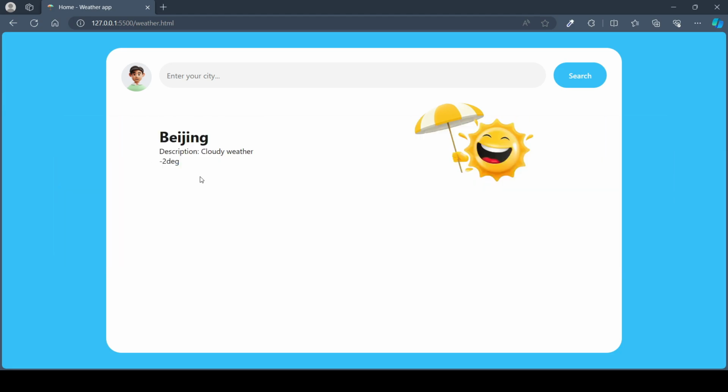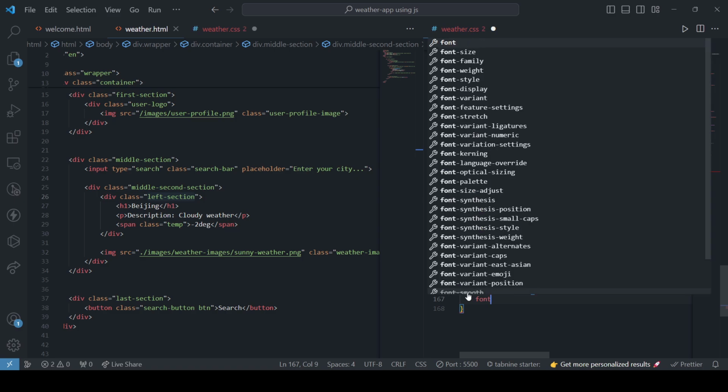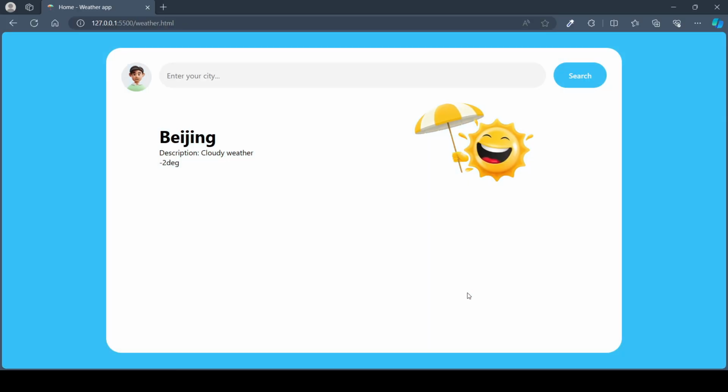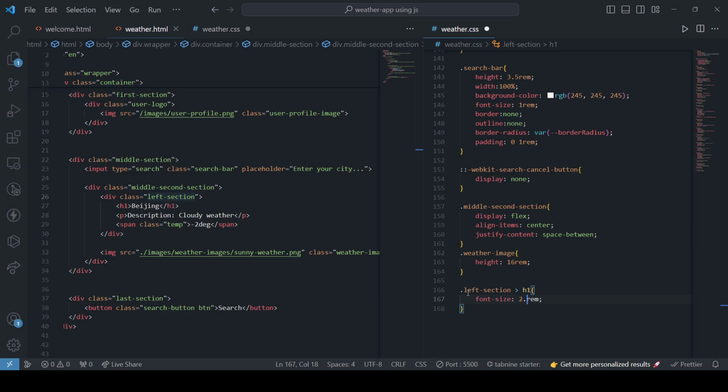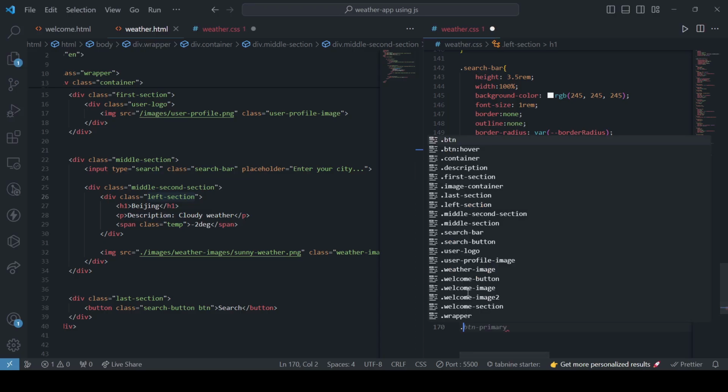Now let's style the text over here, right? For doing that, let's come here and target each element of the left section. Dot left section, h1 will have a font size of almost 2.3 rem. Yep, 2.5 rem will be great. Yes, and